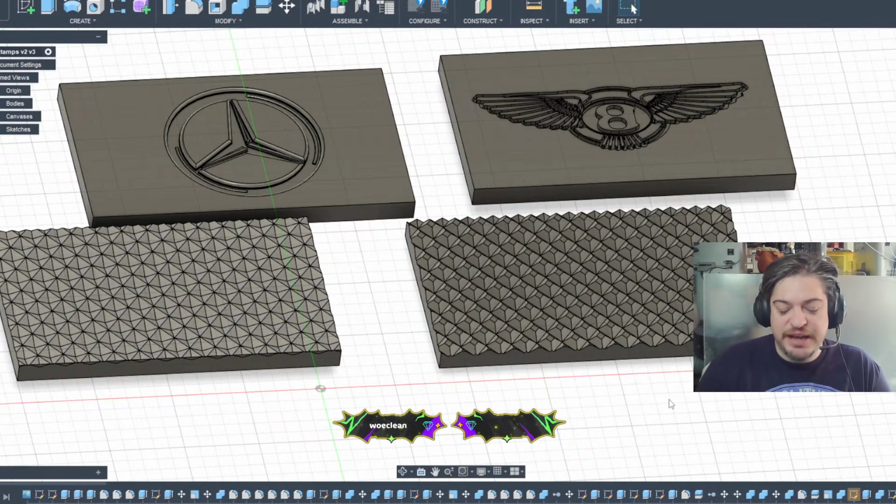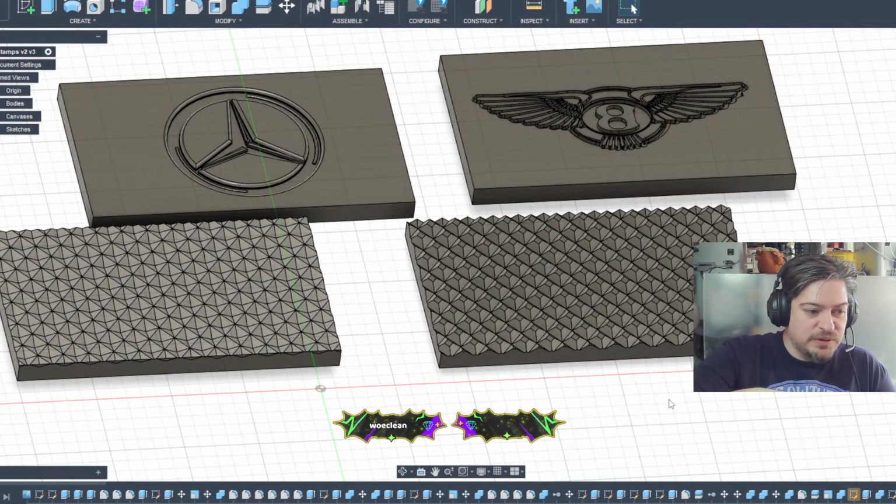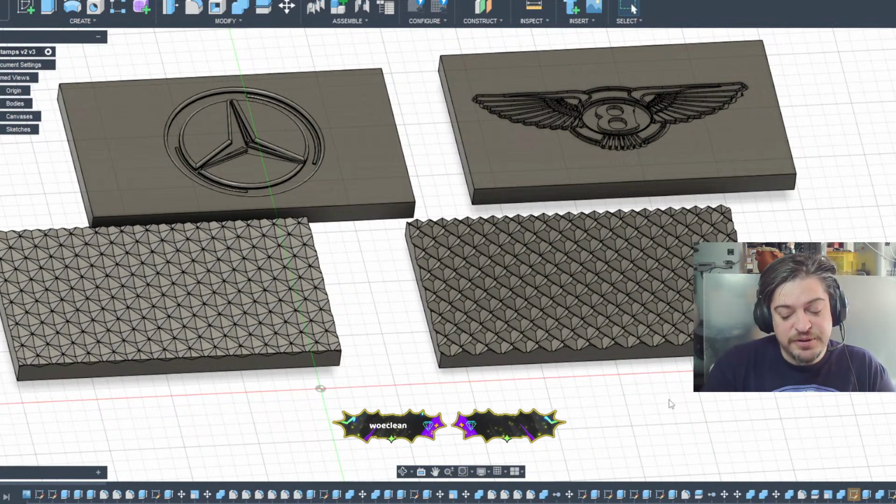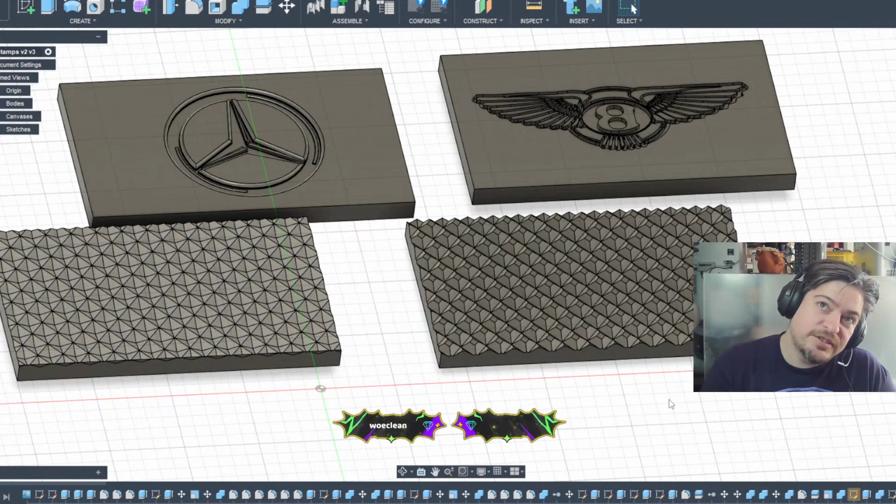What 3D printers do I have? Currently rocking the Bambu X1 Carbons. I also have the Ender 5 Max. I have Elegoo Saturn 3s, a K1 Max, and a regular K1. And then I also have